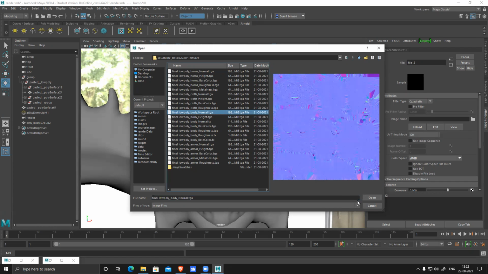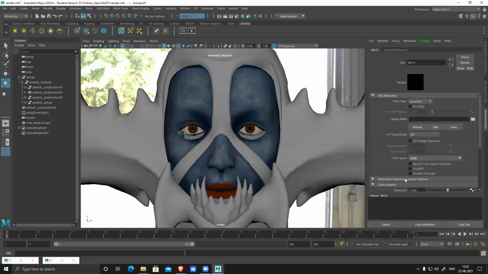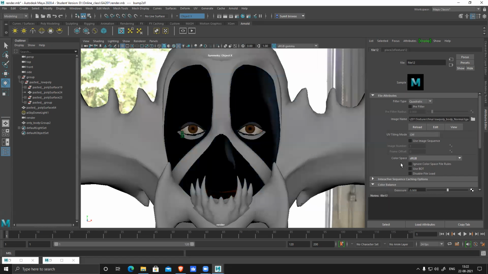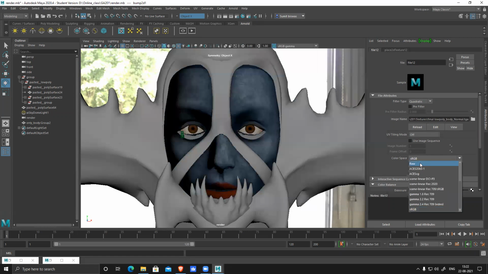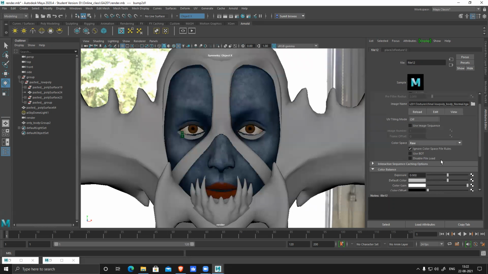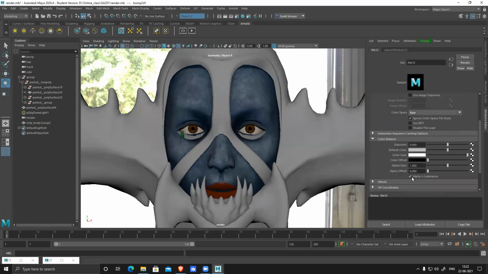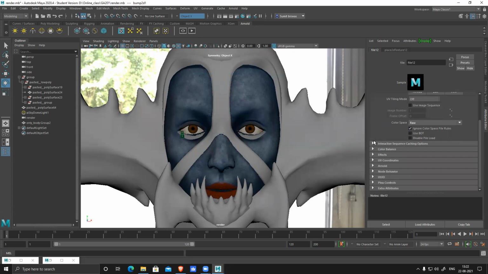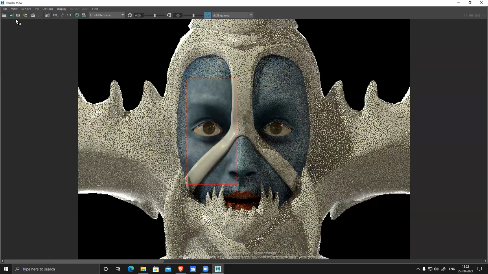Normal should be raw. Alpha is luminance is not required. Render it once again.